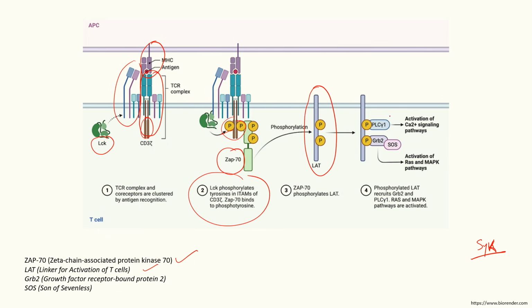One of them is protein PLC gamma, phospholipase, and then we have GRB2, which is growth factor receptor bound protein 2, and SOS, son of sevenless, which we have discussed in the B cell as well. So once we have phosphorylated LAT coming and recruiting these, we can see that this can do a lot of different functions,